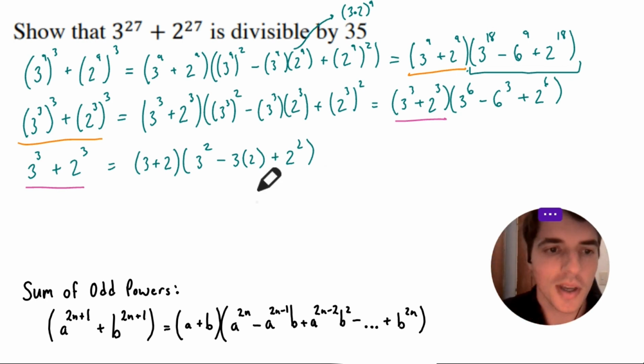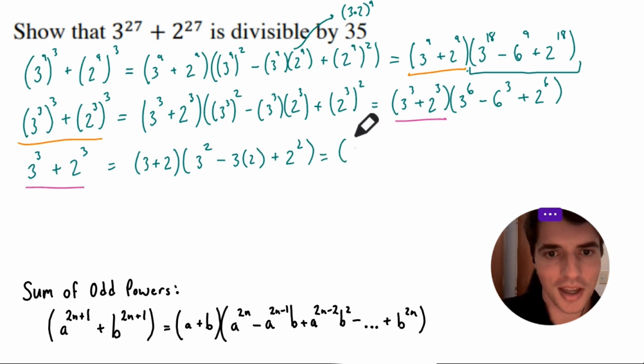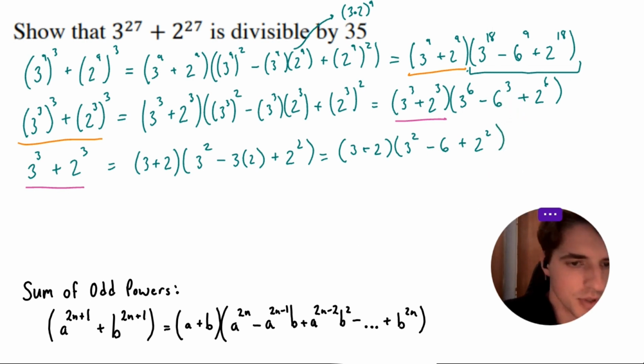Okay, so if we put all this together, this is all factored, and I will simplify here. 3 plus 2, I'll change it to a 5. And we have 9 minus, well, actually, let's write it as 3 plus 2, and that way we can generalize this for maybe an x and a y. And so we have 3 squared minus 6 plus 2 squared. Okay, so fully factored, we would have,